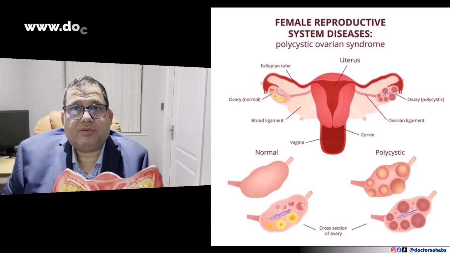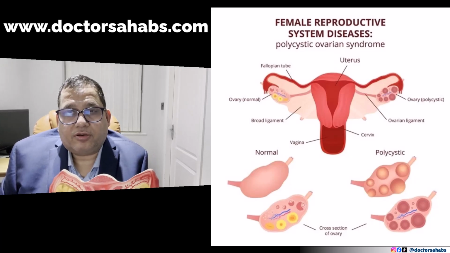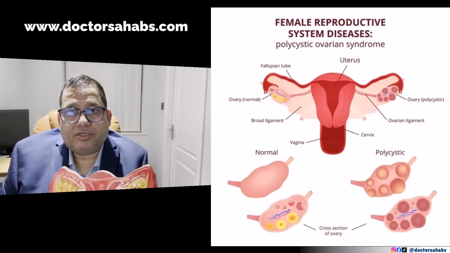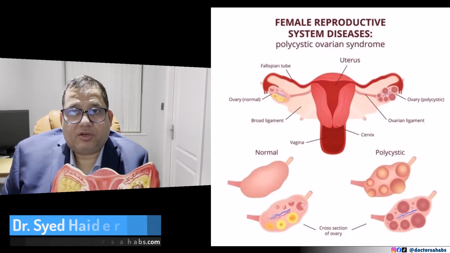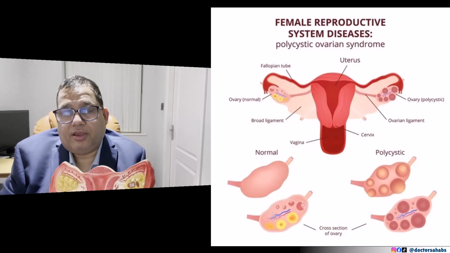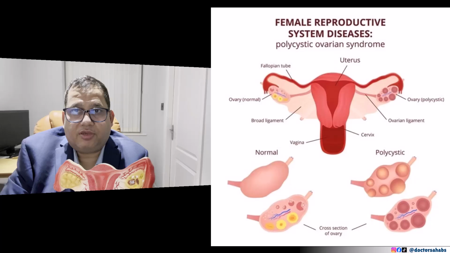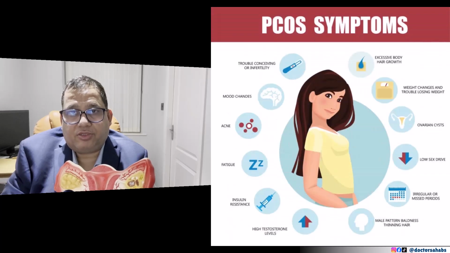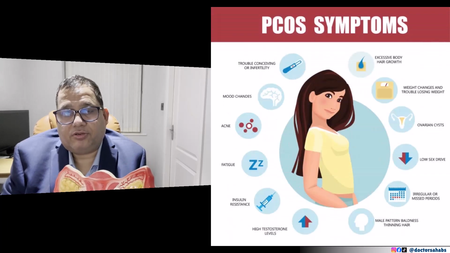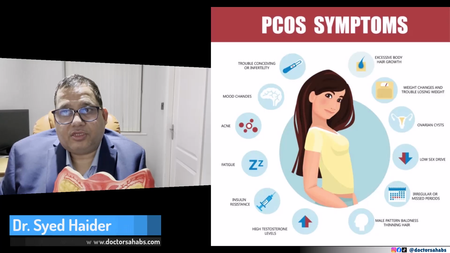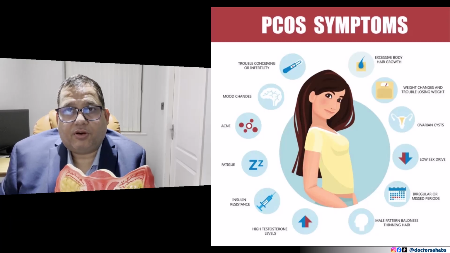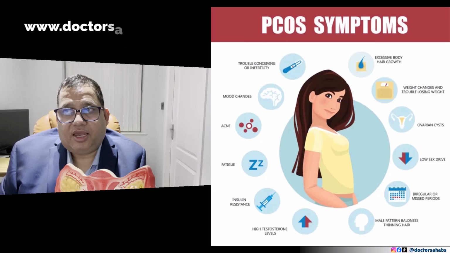Unable to release the egg means ovulation does not occur. Ovulation does not take place, and that is the reason that those females are not getting pregnant, because their egg is not releasing. If they are not releasing the egg, it is not going to meet the sperm, and fertilization does not occur. So polycystic ovaries are one of the most common causes of infertility, and the other symptoms are oligomenorrhea,